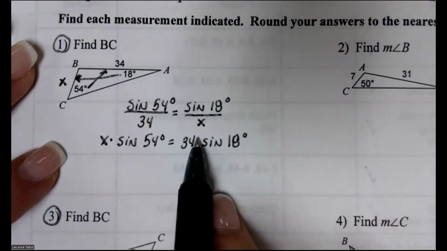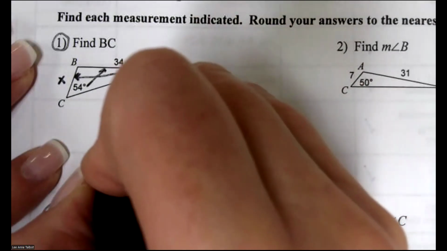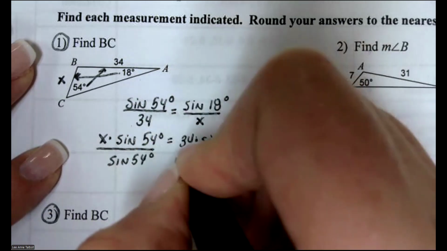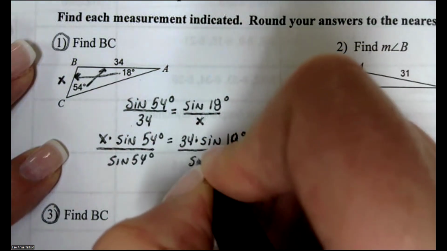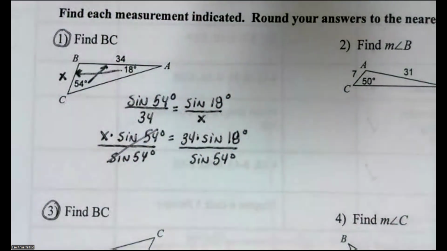So again, I cross multiplied my proportion. And now divide both sides by sine 54 to get X by itself. And then